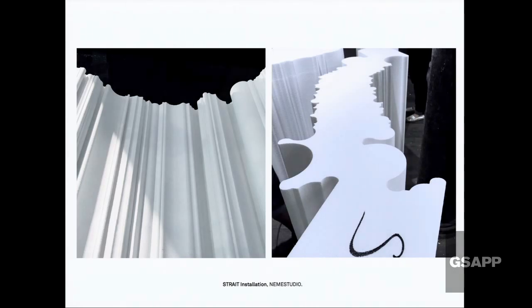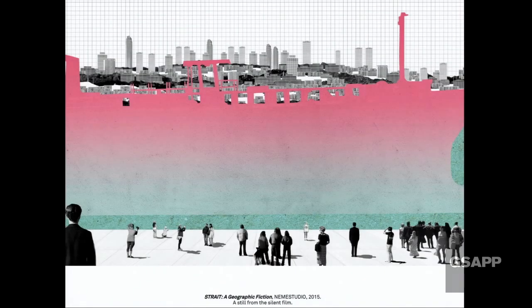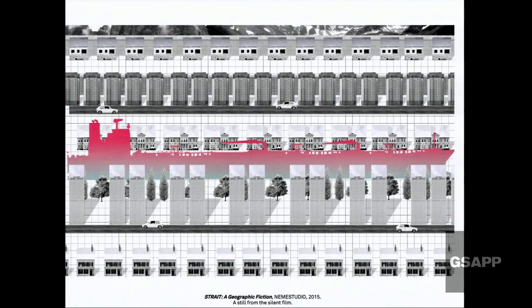As part of the exhibition, the installation object is also accompanied with the presentation of a geographic fiction, a story illustrated through a series of speculative architectural drawings and presented in the form of a silent film. The story depicts an incident in 2025 when Oilella, a fictional oil tanker, the biggest fictional oil tanker in the world, gets stuck in the Bosphorus. This incident not only blocks the passageway forever, but also causes the Bosphorus to be transformed into a new land